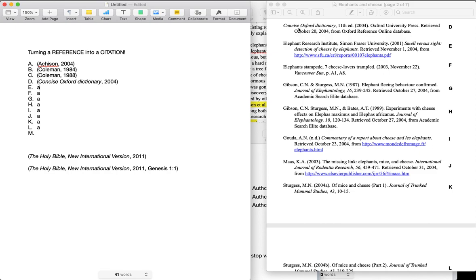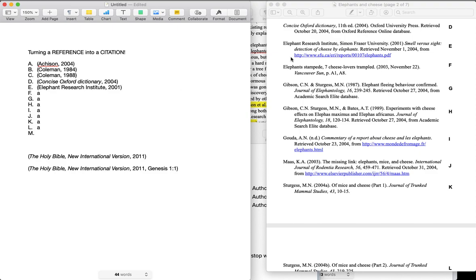Like in that case, there were 3 words. That's not very big. But in this case, we have an institute name that's attached to a university. So Elephant Research Institute, Simon Fraser University. Look at how short all of these are. That's a lot of info. So we are just going to go for what will help a person find these key items. In this case, I'm going to put all 3 of these items